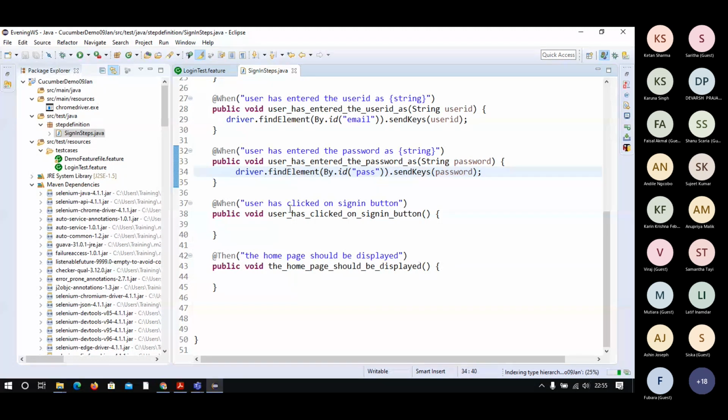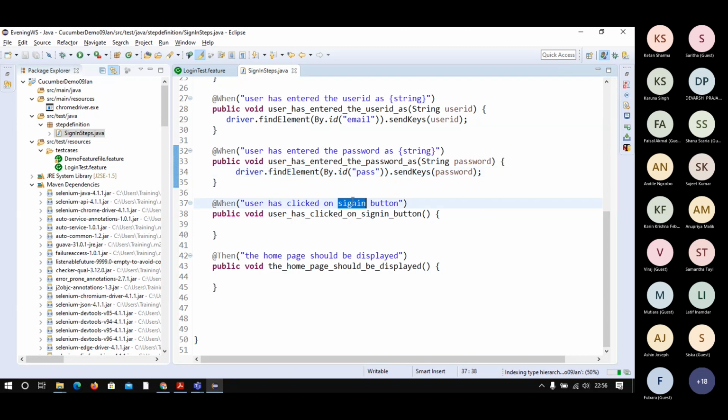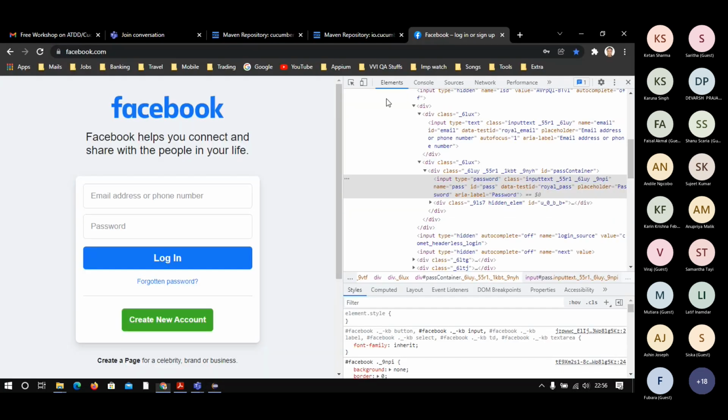Now I want to click on the sign in button. So this is the login button. Should be okay, sign in or login. Let me update here, and there also I will update. So driver.findElement, and what is the locator for sign in?